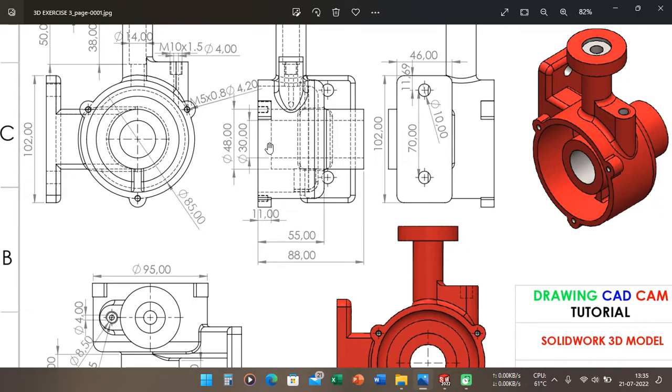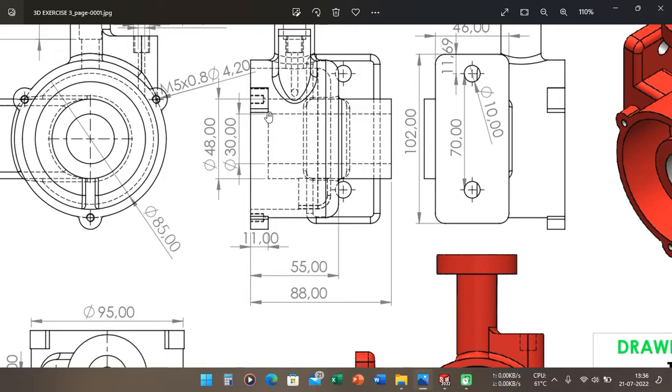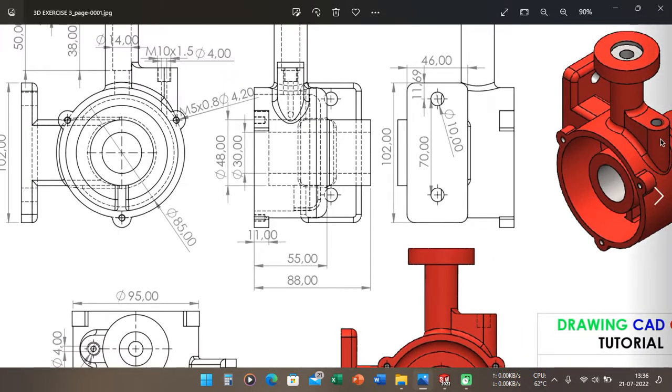The straight line here is a face of this hole. This is a straight line, and this line is vertical within this section. So it means that the length from this face until this face is 11 millimeter.